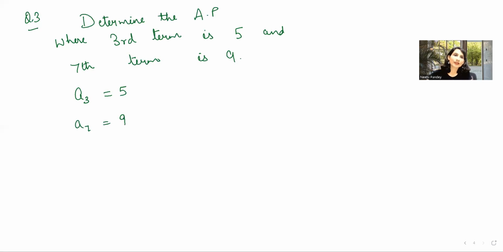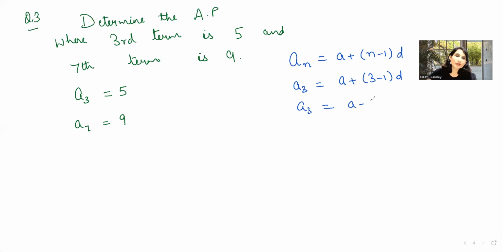Okay, अब अगर आप फॉर्मूला यूज कर लें a_n is equal to a plus n minus 1 into d. So if I have to find A3 क्या होगा? A3 होगा first term plus 3 minus 1 into d. A और d हमें पता नहीं, वही we have to find out. Then only we can form the terms of the arithmetic progression. So A3 will be a plus 2d. Okay. And then similarly, you can find for A7 also. So A7 will be a plus 7 minus 1 into d. So A7 will be a plus 6d, right?